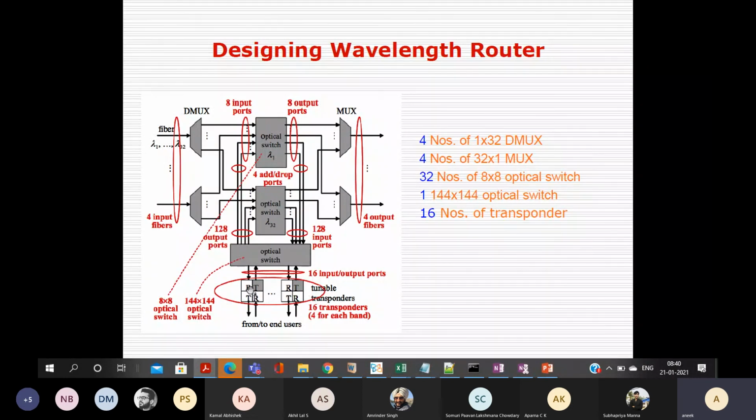You have only 16 inputs on this side, and here you have 128 outputs. So that's why you are using a switch, because this is a 16:128 connection. You have to have a switch so that you can properly connect these 16 inputs to the 128 outputs, whichever you require. Only 16 outputs will be useful at a time because you have 16 transmitters.